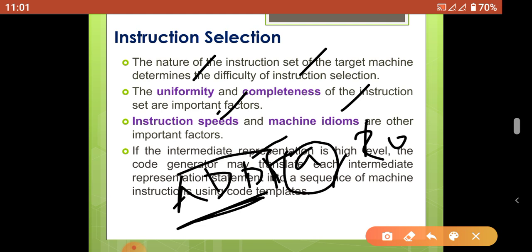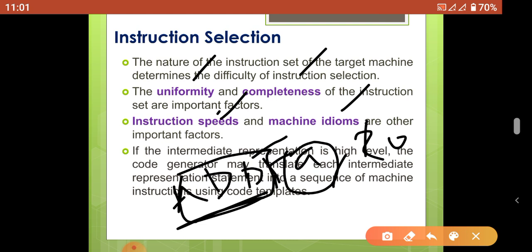So this is called uniformity and completeness. For integers, we use the mnemonic ADD. When we perform floating operations, we use the same mnemonic code with an F for easy identification.